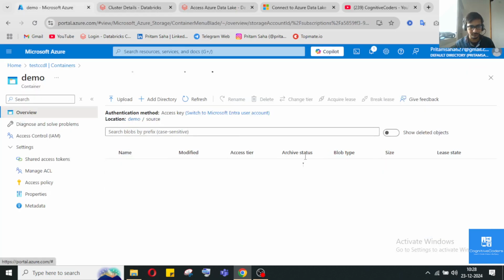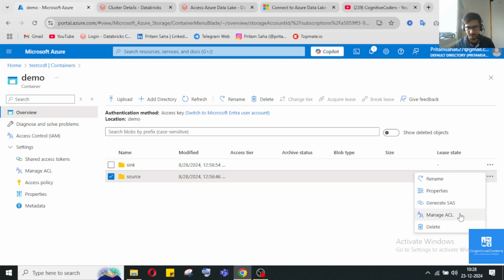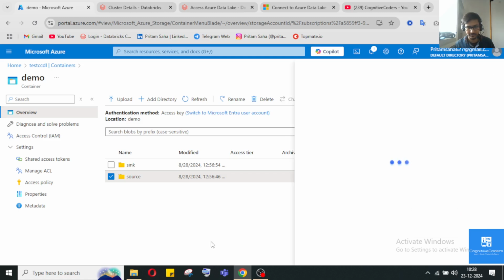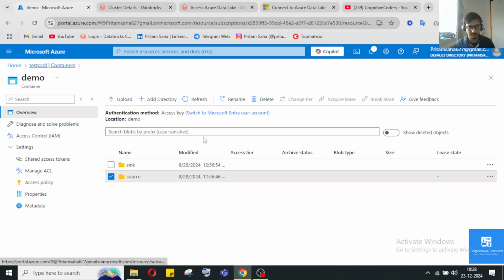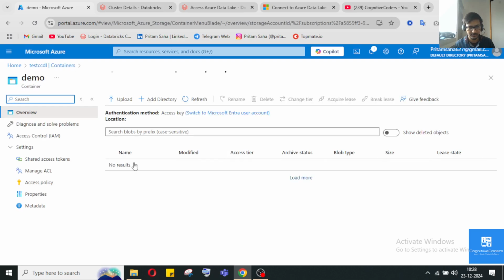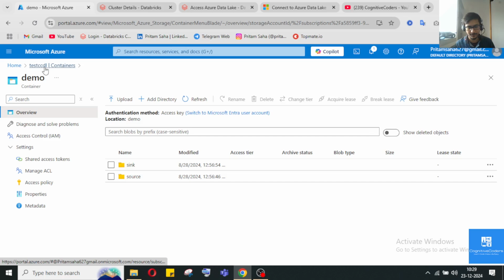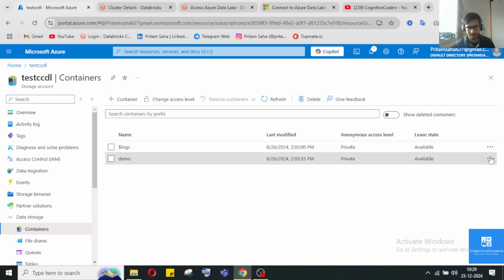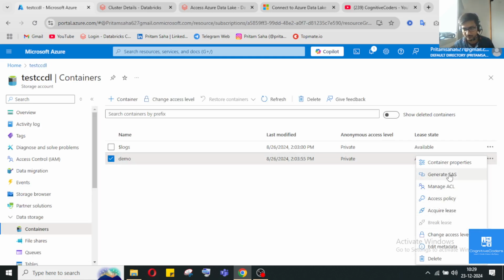So let's take the SAS token. Suppose for this directory I will generate the SAS token. So generate SAS, or directly for the demo container also you can generate SAS, so that both sync and source containers will have global access for this demo container. Both sync and source you can access directly. Okay, so I'll take the access globally. So generate SAS,